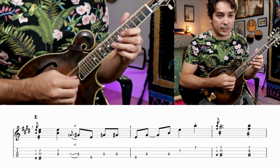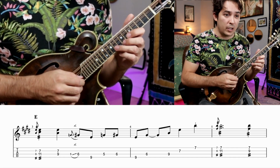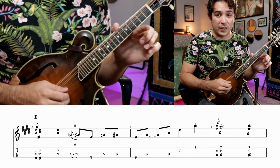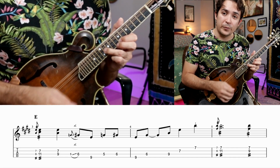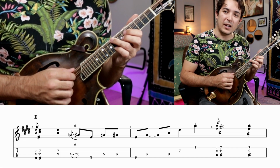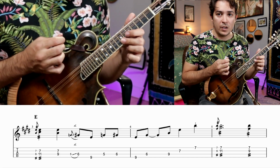And then we're going to slide the same thing, where we're sliding into this tremolo. It's going to be the 11th fret with our ring finger and the 7th fret of the E string with our index finger. And this is another sort of tremolo slide move, where the way that I chose to do that was